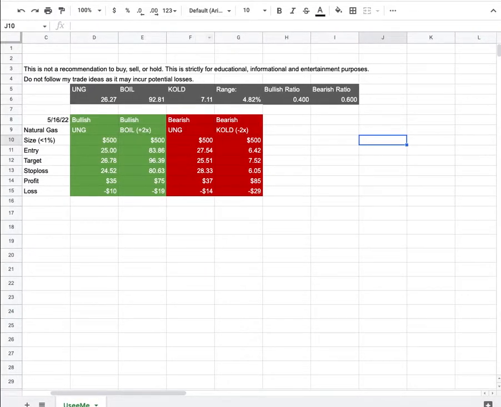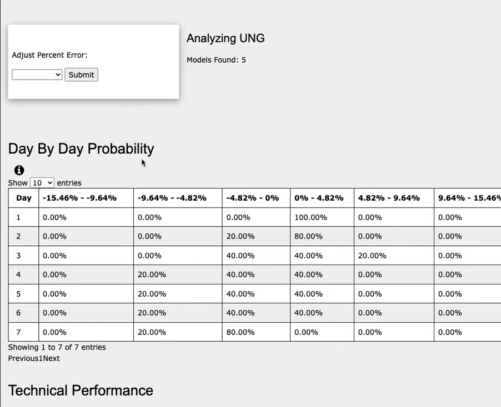So how did I develop these trade ideas? It all comes from the day-by-day probability model. As we progress to the 5th day of trading, natural gas has a 40% chance to climb between 0 to 5%. To the downside, it has a 40% chance to fall between 0 to negative 5%, and a 20% chance to fall between negative 5 to negative